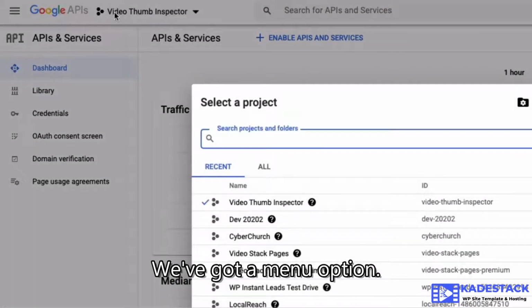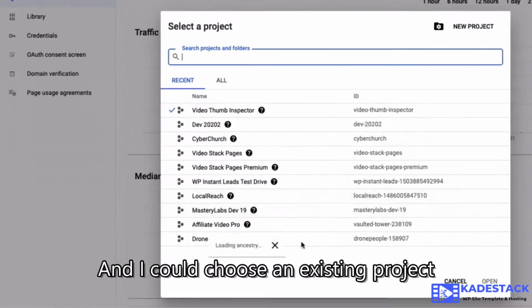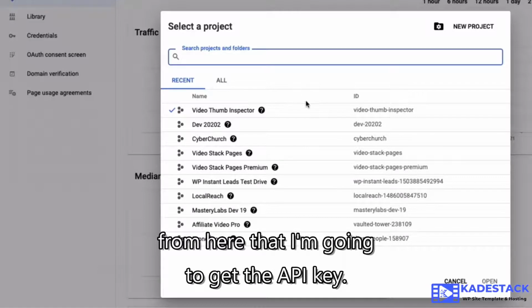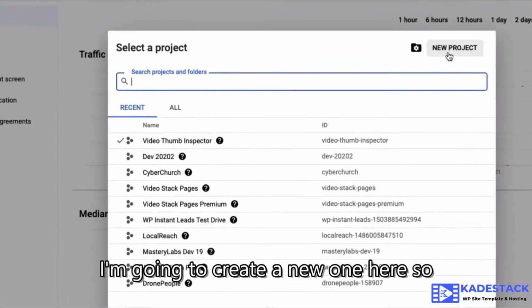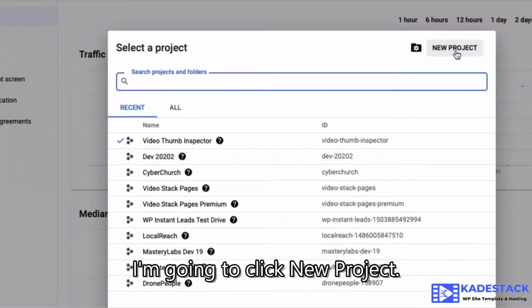We've got a menu option. Yours will say something else here, but I'm just clicking that for my existing project, and I could choose an existing project from here to get the API key. I'm going to create a new one so that you can see the full process. In the top right corner, I'm going to click New Project,